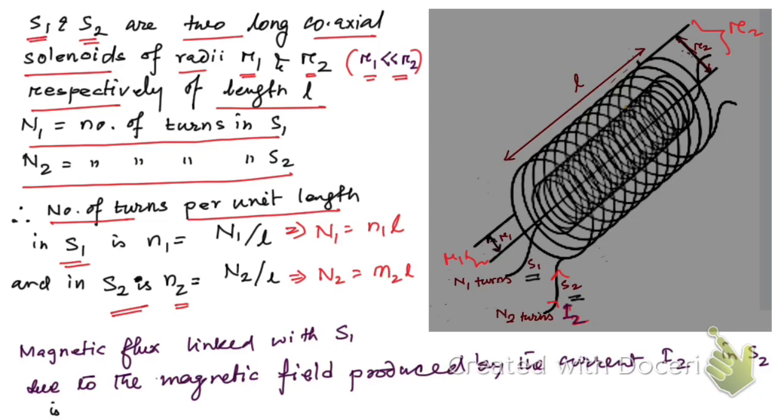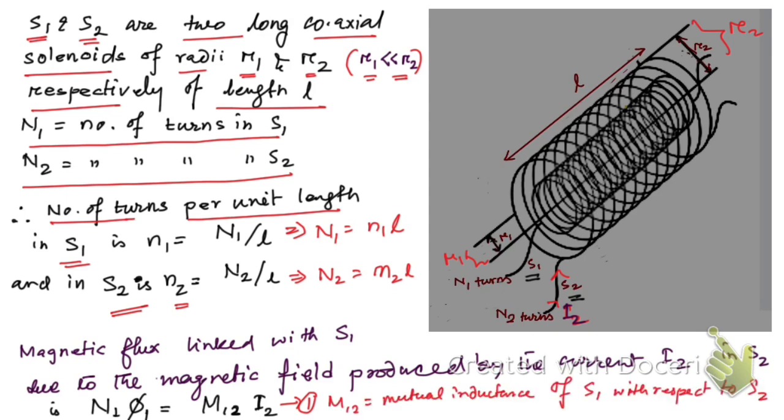So if we consider the flux linked with each turn in S1 as phi 1, and the number of turns in S1 is N1, then the flux linked with S1 we can say is N1 into phi 1, and that is going to be equal to, if the mutual inductance is M12, then it will be given by M12 into I2. I will explain why. This is, suppose, equation number 1, where this M12 is the mutual inductance of S1 with respect